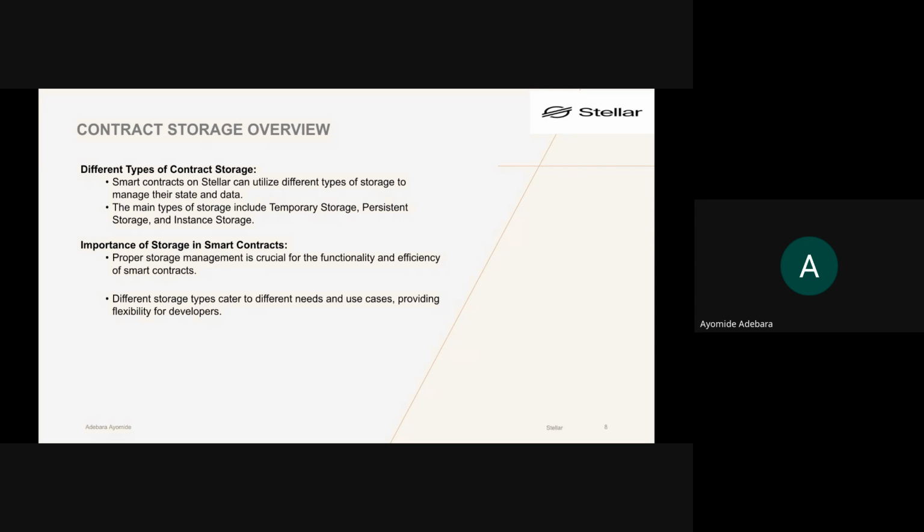And so based on what type of smart contract you are trying to build, if you build a smart contract that needs permanent storage, and at the end of the day you use temporary storage, that's a big vulnerability. The smart contract could hold so much finance, and at the end of the day, the finance is lost based on the fact that you used temporary storage instead of permanent storage. I'm sure we have been talking about this. We would see how we can implement temporary storage and permanent storage when we begin writing the Soroban smart contract itself.